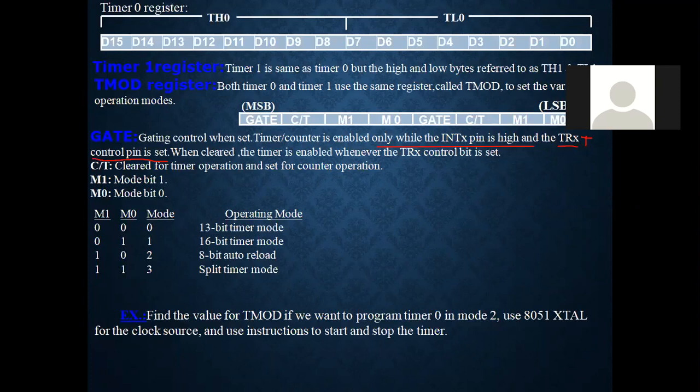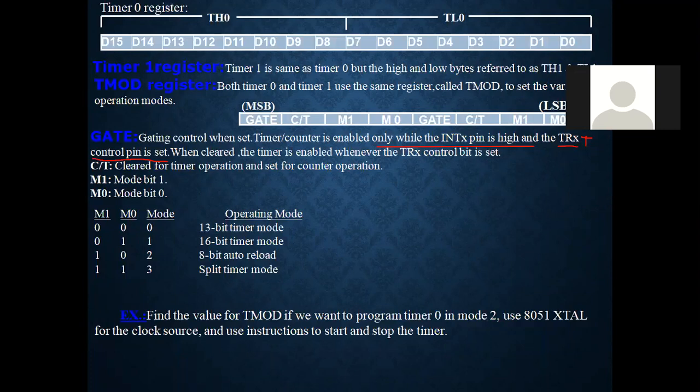Here the formula is: the delay equals (256 minus THX plus 1, this is a very important formula) into 256,